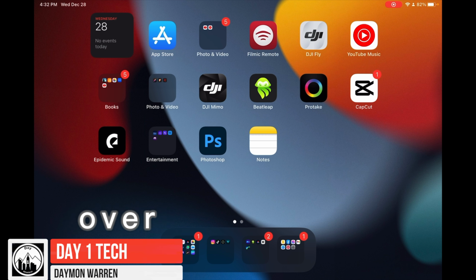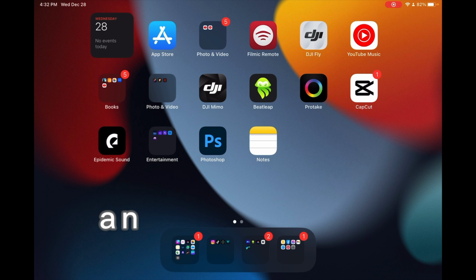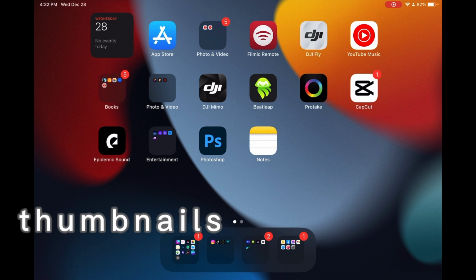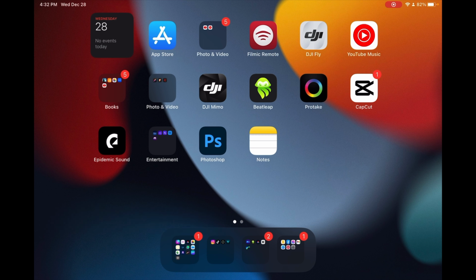Today, we're going over making a thumbnail. This is an app I found that has made my life a lot easier making thumbnails. That was probably the most challenging thing. Now, there is a free version. It's got a watermark, or you can pay for it, and it removes the watermark, and you get a couple extra functions. But here's the app.